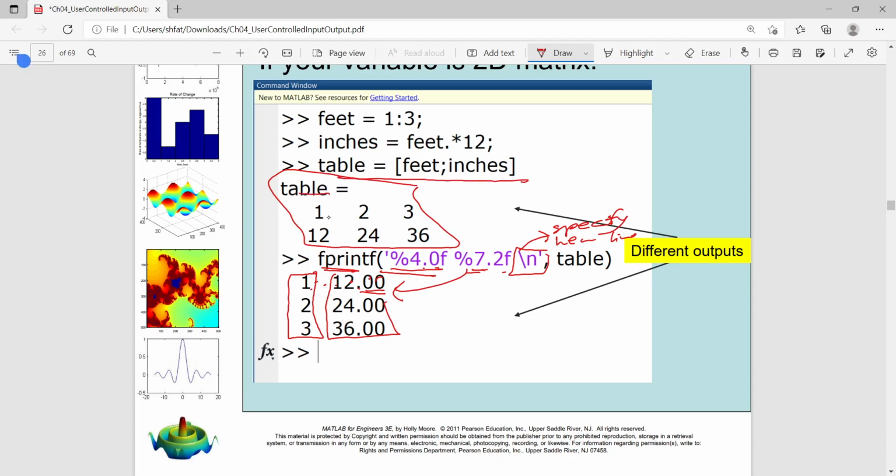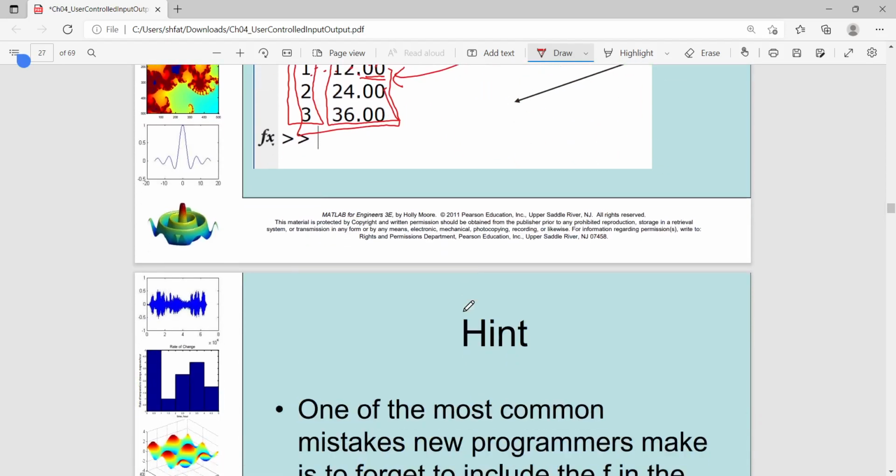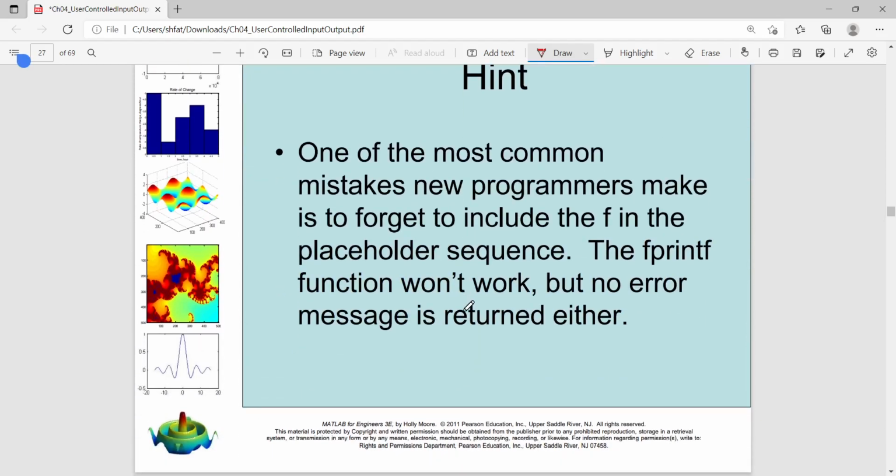This table also shows the results of conversion between feet and inches. 1 foot is 12 inches, 2 feet is 24 inches, 3 feet is 36 inches. This one means the first row is feet, the second row is inches. Okay, but with fprintf your output looks more presentable, orderly. Okay, like that. Hint: one of the most common mistakes new programmers make is to forget to include the f